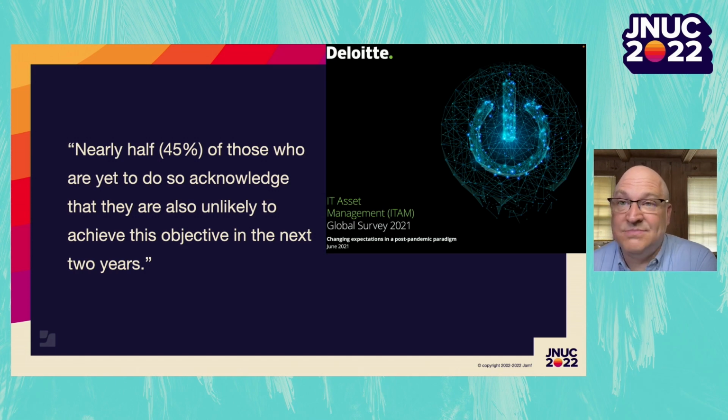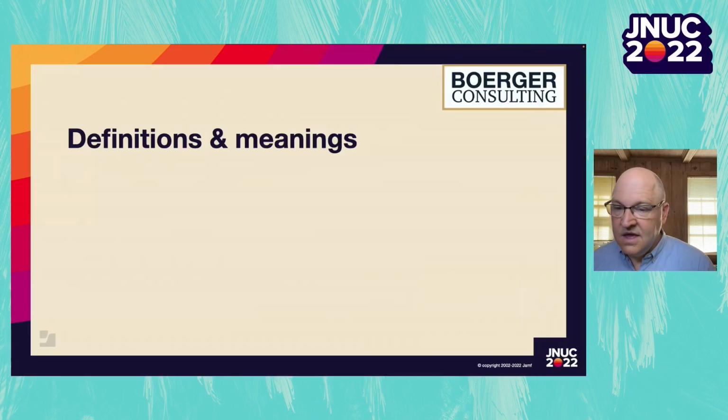Is it actually possible to get to that 30%? Can we get enough information to help make those decisions around proper hardware and software delivery, proper hardware and software recovery and redistribution, and then making the most of the licensing rights that were given to us by our duly purchasing the stuff? Well, before we can answer those questions, let's sit down and get to an agreement on what definitions we're really talking about here.